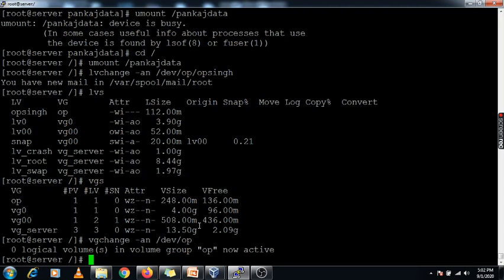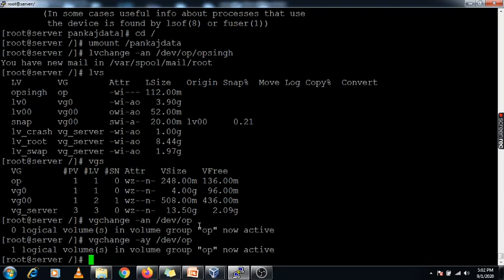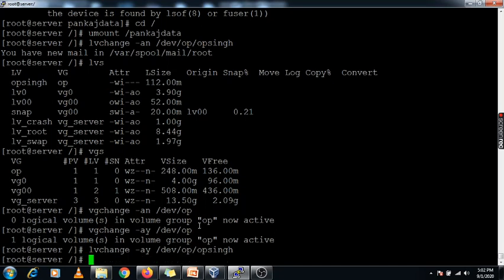If you want to activate it again, you can use the same option, but you need to replace n with y. Now this VG is activated. If you want to activate the LV, you need to use the same command, only replace n with y. Here this LV is also activated.